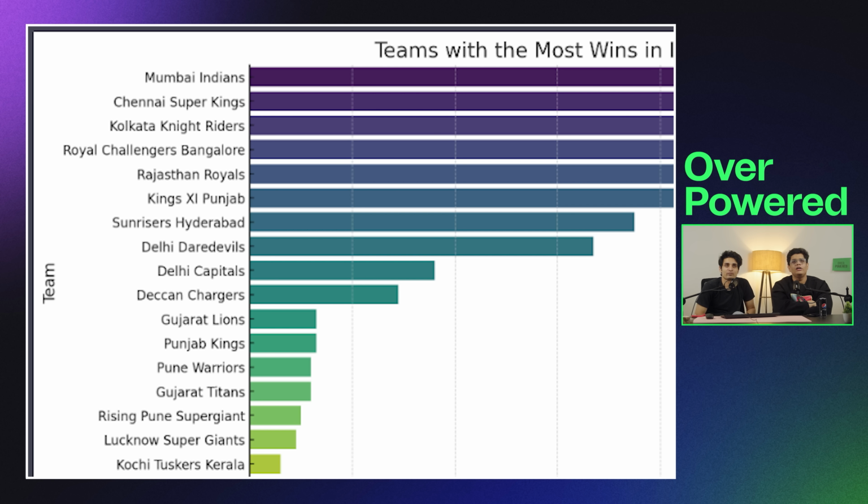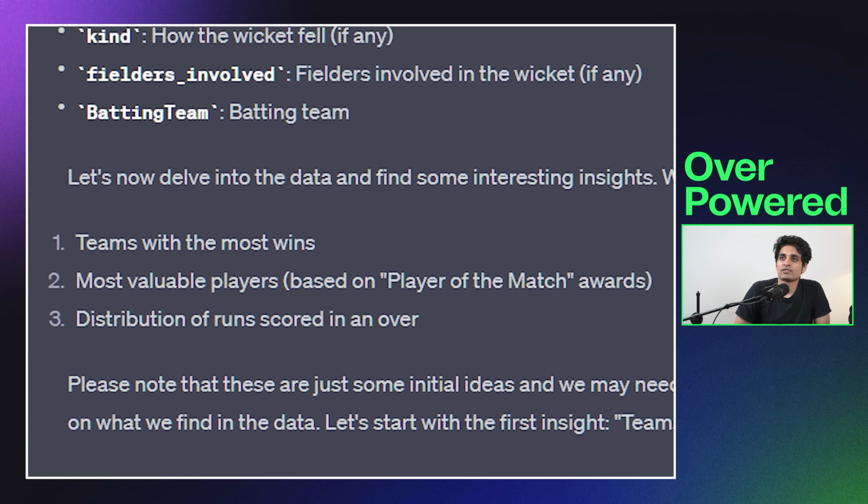Chennai Super Kings is number 2. Kolkata Knight Riders is number 3. Oh, okay. And RCB is at number 4. Is RCB really number 4? Does it seem like RCB is really with the most number of wins? They might not have... Match wins. Okay. Next, it's going to move to the second insight, which is most valuable players, which is based